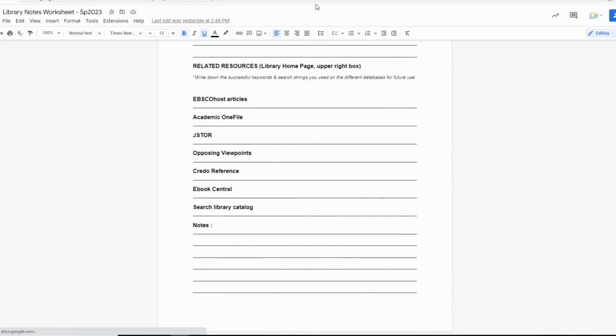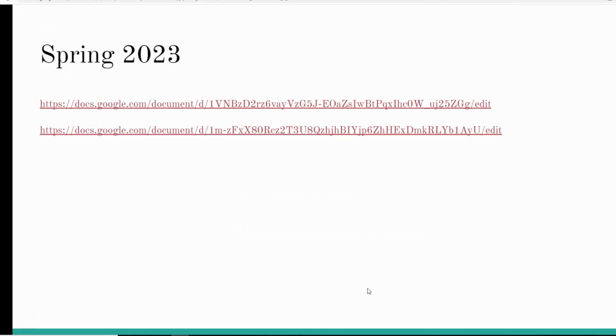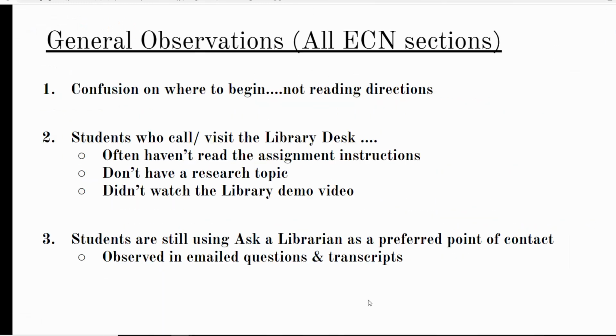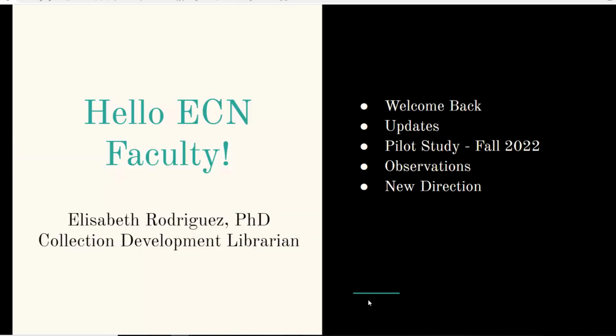So let me know what questions you have, and hopefully this will help our students, like I said, start building and reinforcing good information literacy skills and research habits. And also, this is something that's sustainable. By using Ask a Librarian and the physical reference services at the library desk, we wouldn't have to worry so much about students wondering where do I start, right? They're getting a live person to help them begin the research.